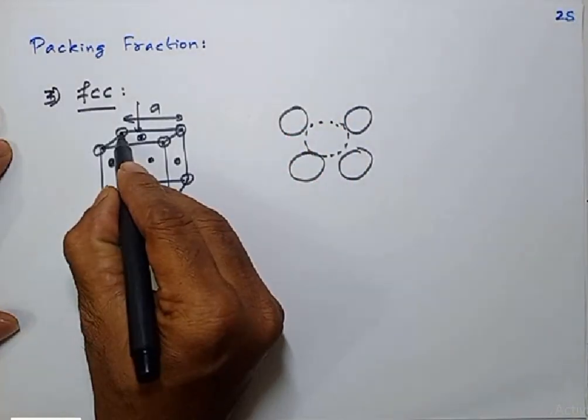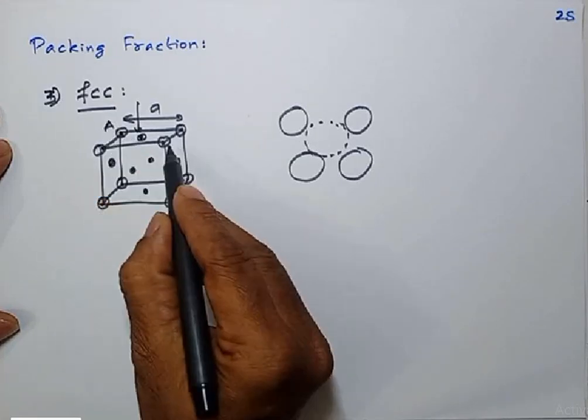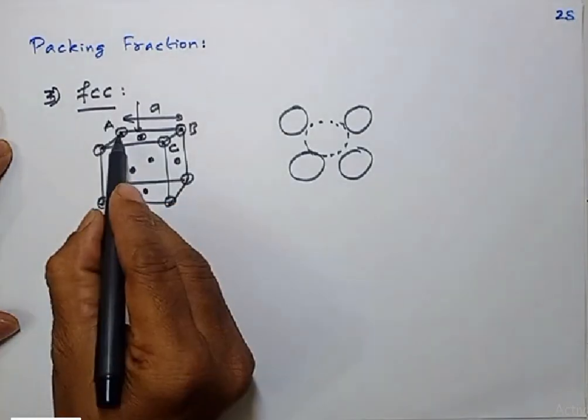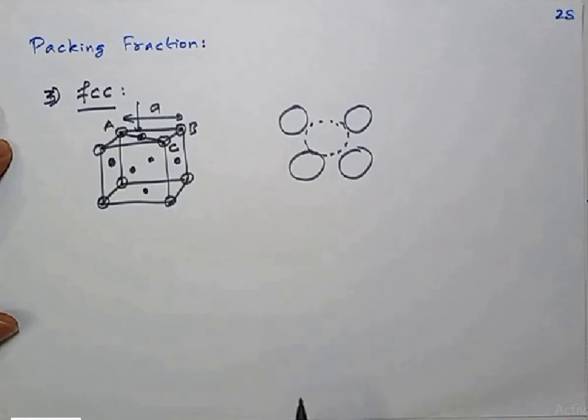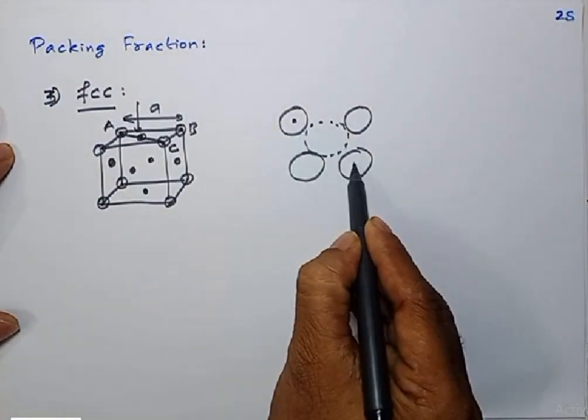So, take this corner as A, this corner as B, and this corner as C. If I join the centers of A and C,